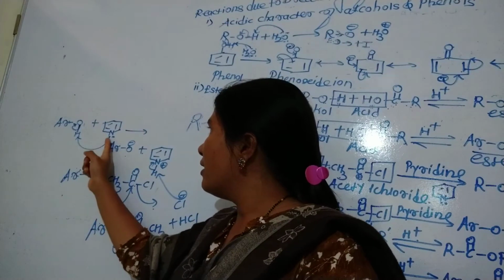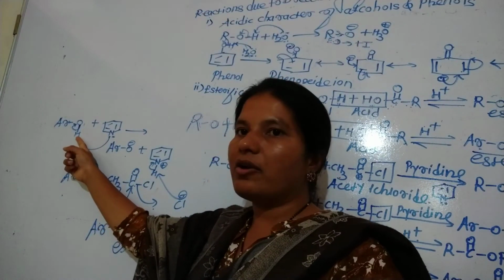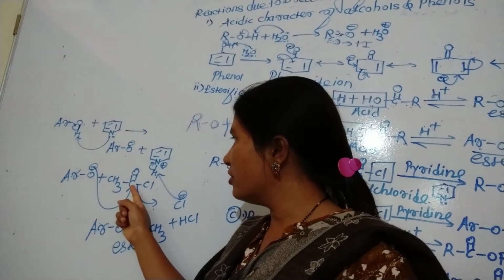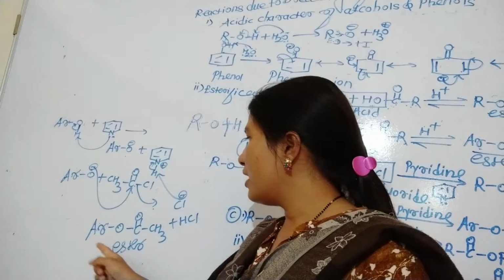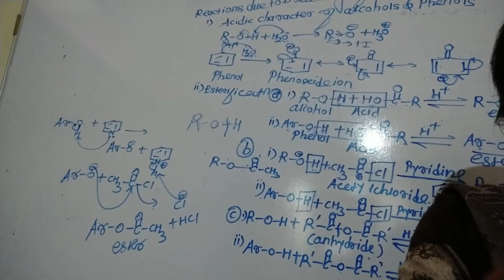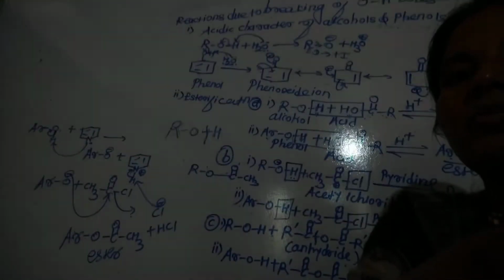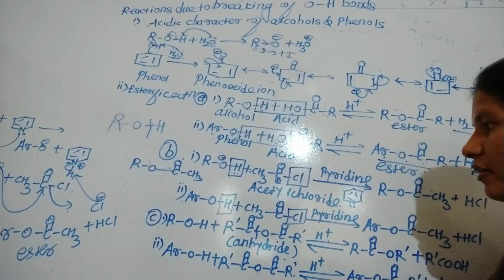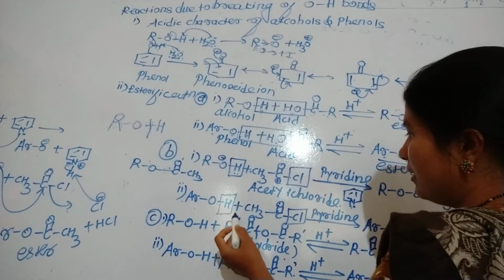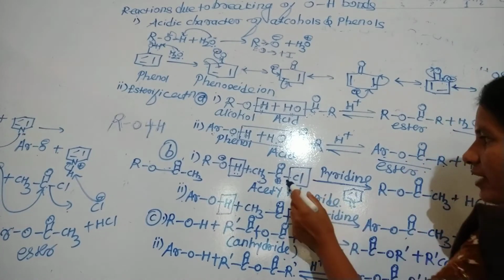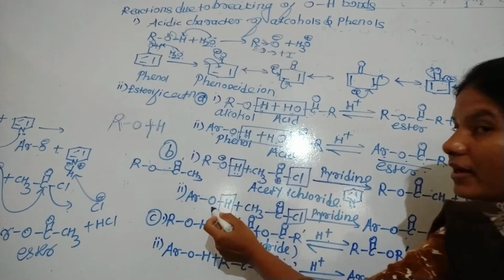That means phenol. What happened? The lone pair of the base takes hydrogen, then this bond shifts here. O minus attacks this deficient center, Cl goes outside, and here a bond forms giving Ar C double bond O CH3. That means again ester formation takes place. You must remember, you prepare ester from acetyl chloride using alcohol as well as phenol.